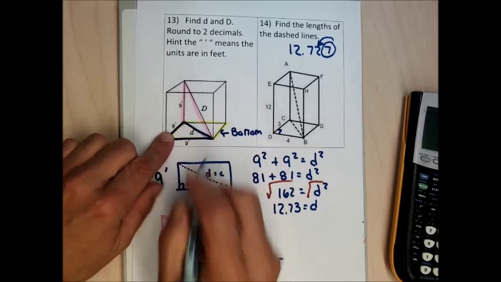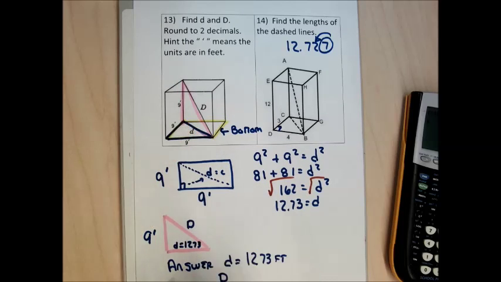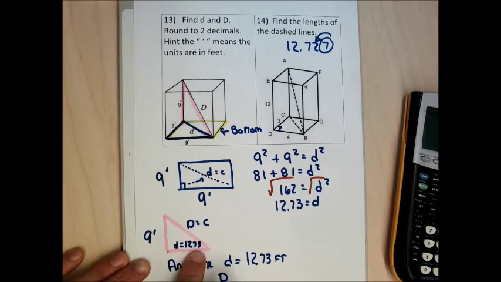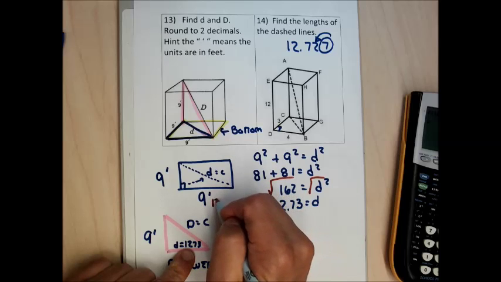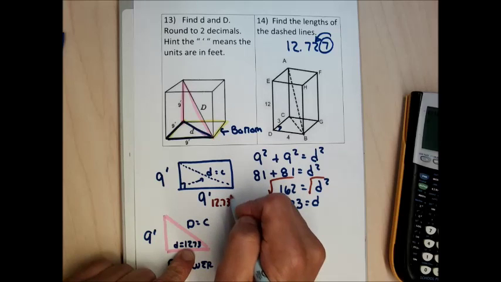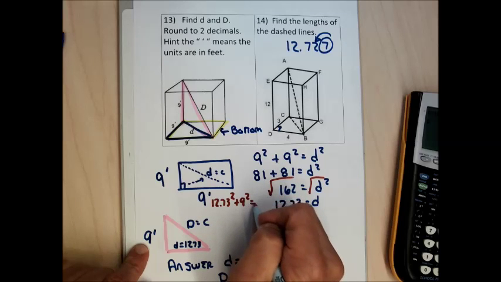The other side here is 9 feet, and the big D is what I'm trying to find. So in this pink triangle, the big D is my C, and these are my A and B's, and they're interchangeable. Let me do a different color because I'm running out of room here. So I'm going to find the big D. I'm going to do 12.73 squared plus 9 squared equals big D squared,